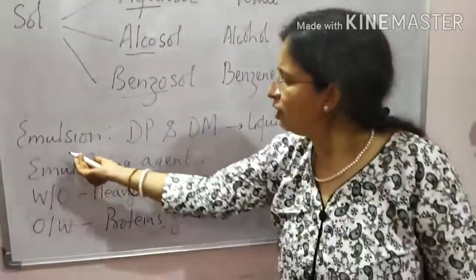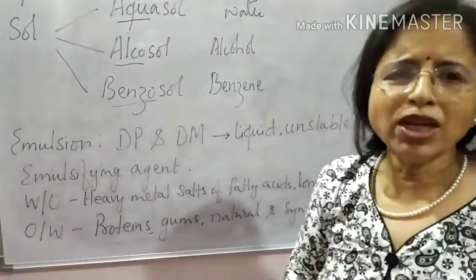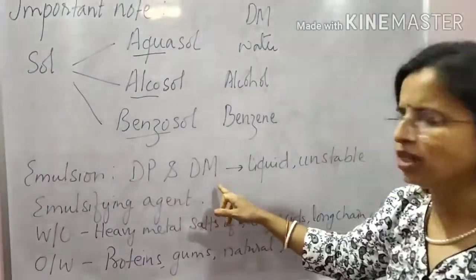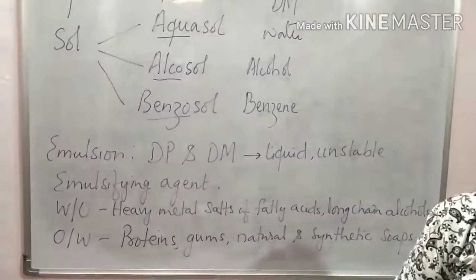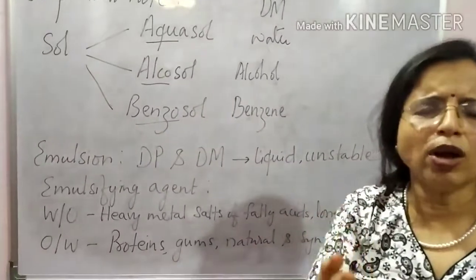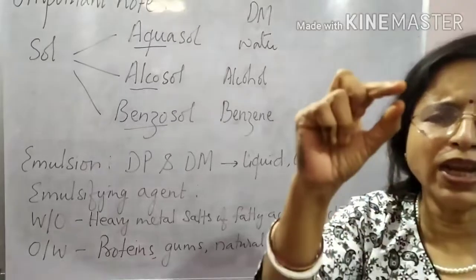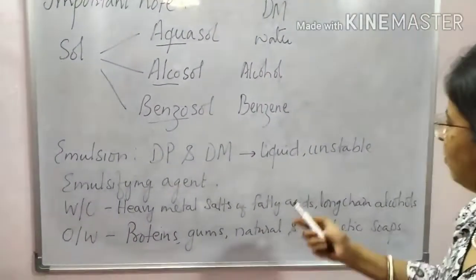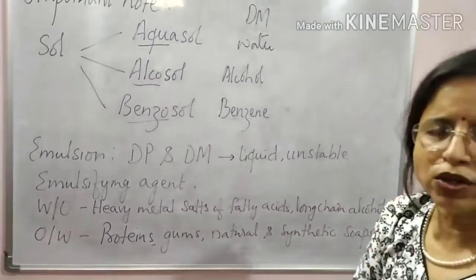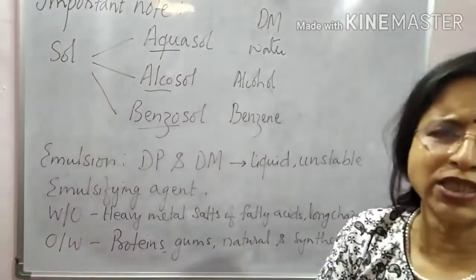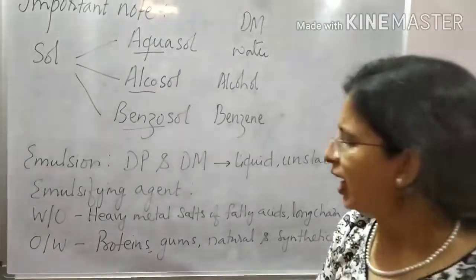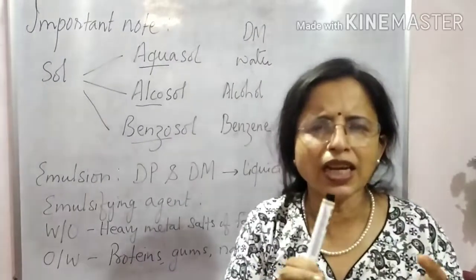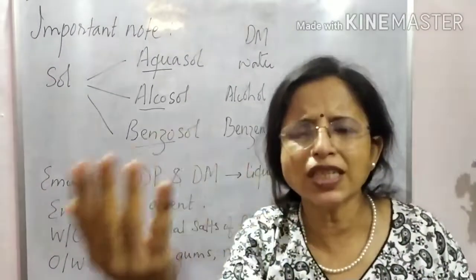Now again you have studied about the emulsion. Emulsions are the type of colloidal system in which the dispersed phase and the dispersion medium both are going to be liquid. Like if I take oil droplet and water, एक टेस्ट ट्यूब में पानी लेके ऑयल ड्रॉप डालती, उसको बहुत शेक कर रही, it forms an emulsion and these emulsions are highly unstable. So the stability of the emulsion can be increased by adding a chemical substance, and that we call it as emulsifying agents. So the emulsifying agents are the chemical substances which increases the stability of the emulsion.